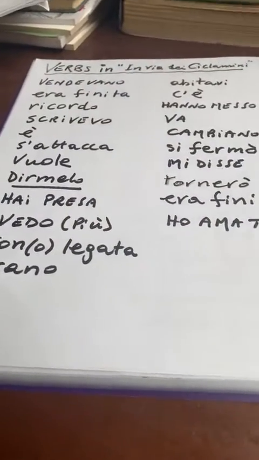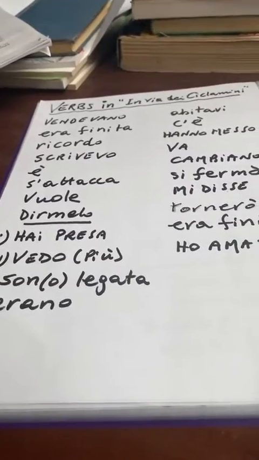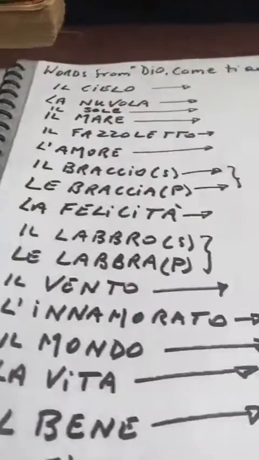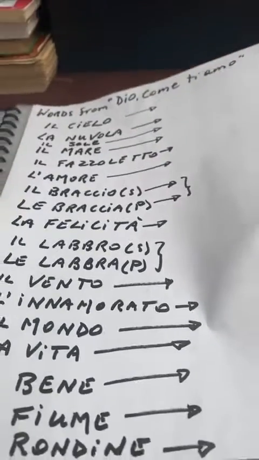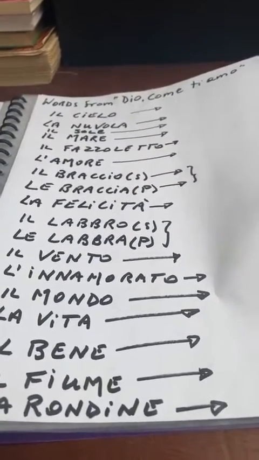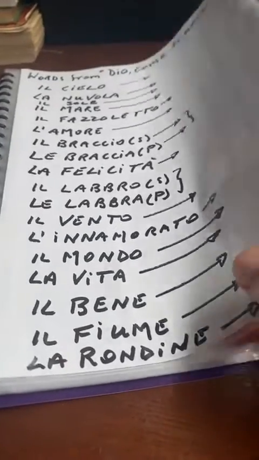Also, we talked about verbs. So these are the first type of verbs we've met, and we need to cover the verb section. And this is Dio come ti amo, if you remember, but I didn't give you the meanings of those words. Well, I expect you to sort of look them up yourself. And also here, you notice the prepositions, and the prepositions combine with the